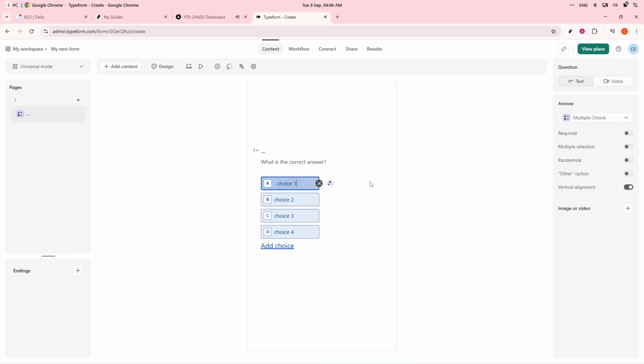Once you've identified the correct answer option, your next task is to mark those correct answers. Check the box next to the option that you know is accurate. If you plan to incorporate a scoring system, this is also where you'll assign points to each correct answer. By doing this, Typeform will automatically calculate scores for each respondent using the parameters you set, making the evaluation automatic